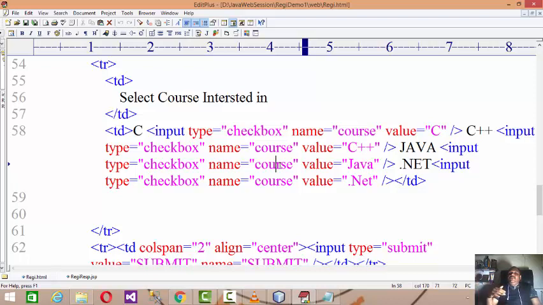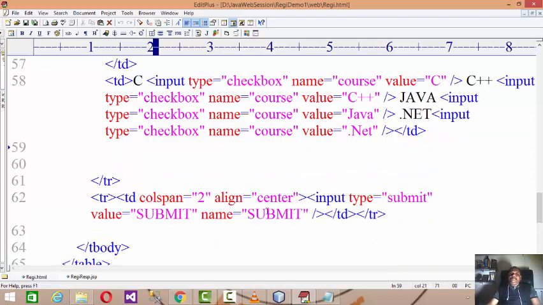But in a checkbox you may have null values, none selected, or you can select multiple. So in the case of checkboxes, every checkbox has a common name, and their displayed values will be different. Now we'll study in the server side code how we can read the data using checkboxes.